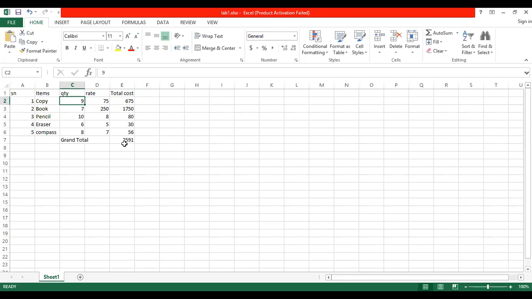Now you have fill handle. I will show you here. Did you see this small square box? Yes, this is called the fill handle. The fill handle is a small square box at the right corner of the cell. It is used to copy the formula.